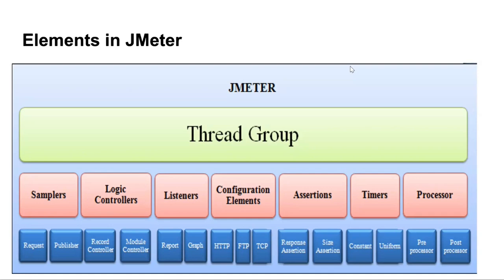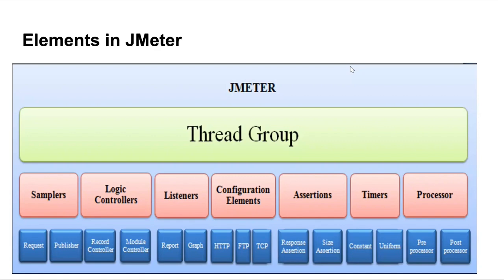Hi everyone, in this video segment, we'll be seeing about performance testing using JMeter. So let's see the components of JMeter. What are the elements of JMeter? First one is thread group. Then the next thing is sampler. Sampler is nothing but we can provide the HTTP and other protocol requests in the form of samples, that is